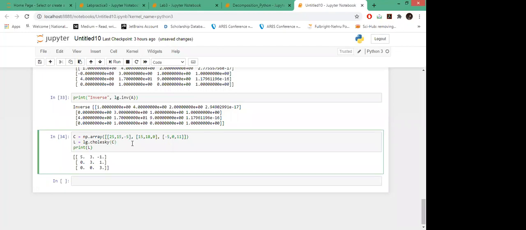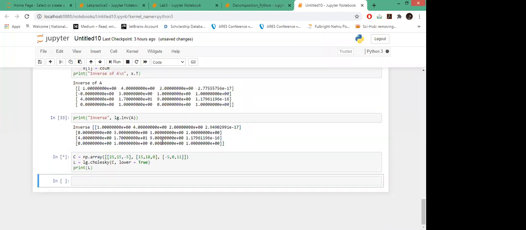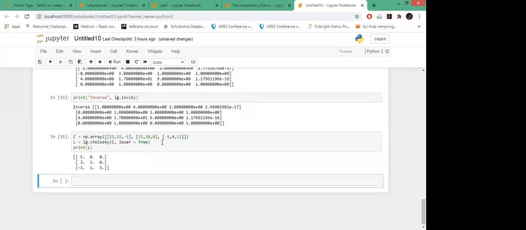If you want this to be lower, and you write it as 2, then you will get the output in the lower triangular matrix form. So you can directly apply this decomposition.